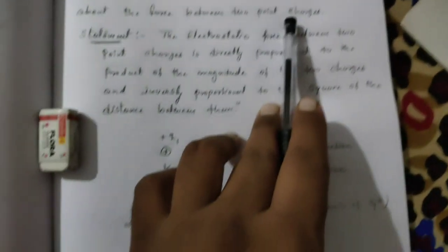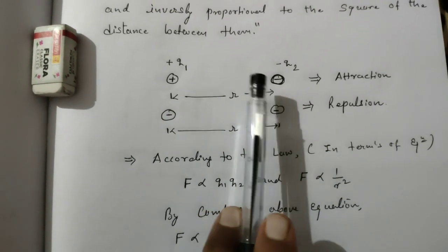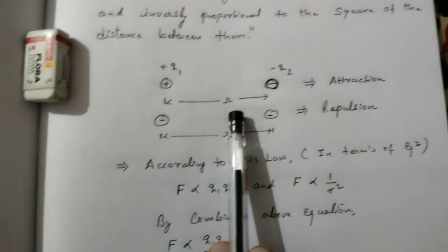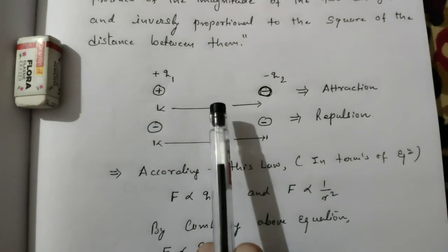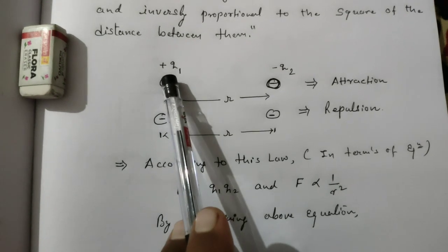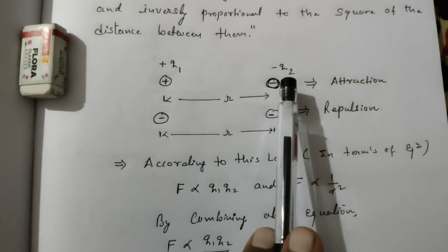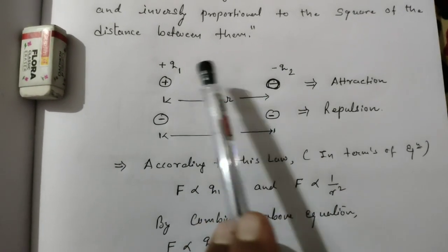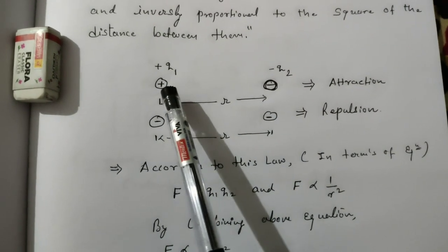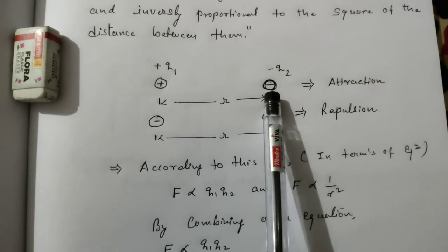Point charges means what? If the size of the charges is much less than the distance between them, in that case the charges act as point charges. Now over here you can see in the diagram that I have drawn two charges. Plus means positive charge, and the second one is a negative charge. I indicate the symbols also, plus q1 and minus q2, because both are charges, so here I put 1 and 2 as numbers. Now see, these are point charges as well as stationary charges. Remember that they are stationary charges.